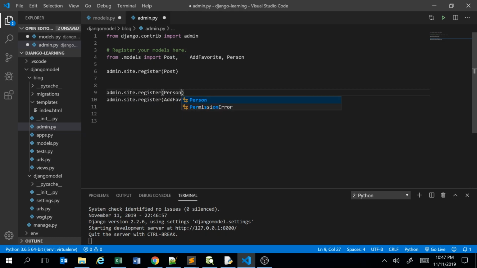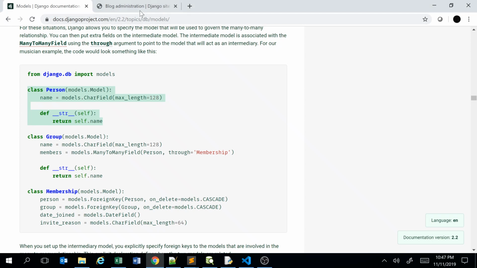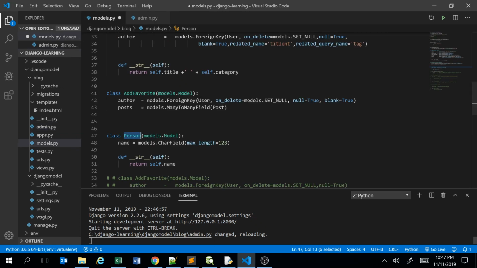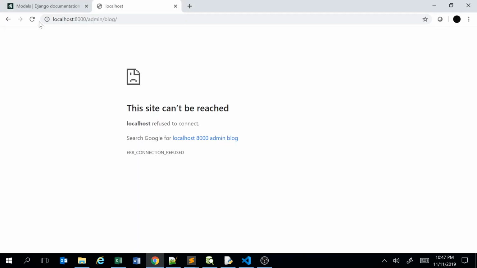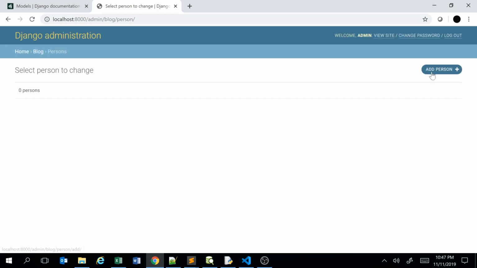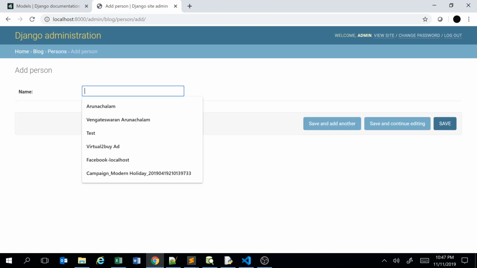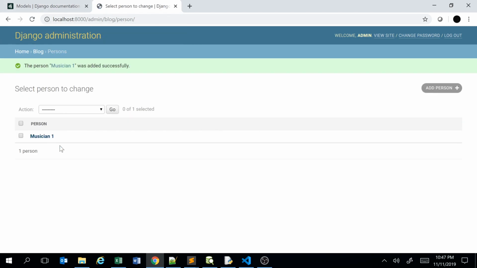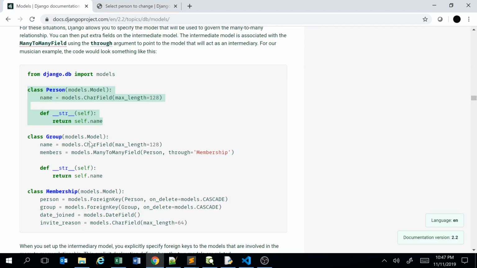Register person. We go back here, refresh. I should restart. It's restarted. Okay, now we are able to see the person. Let's say musician 1. Okay, let's keep it for the time being. Now,